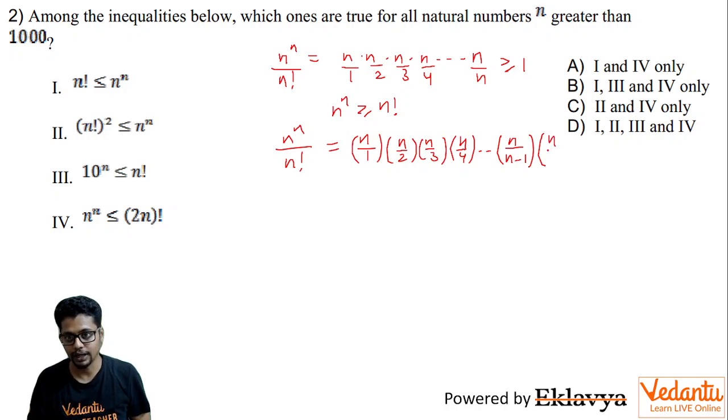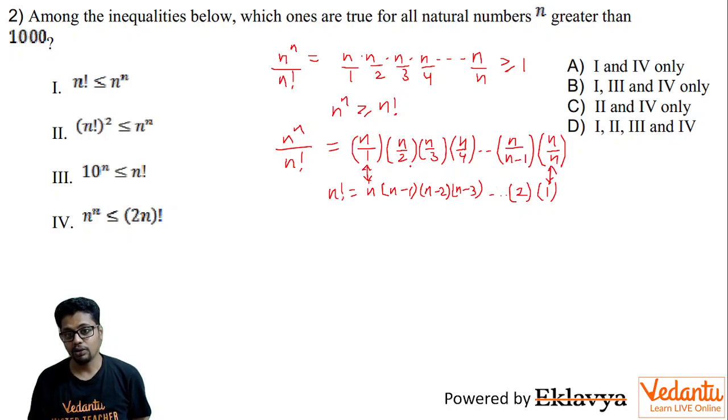If you see carefully, n factorial is essentially n multiplied by n minus 1 multiplied by n minus 2 multiplied by n minus 3, and so forth, multiplied by 3 multiplied by 2 multiplied by 1. So this factor matches, this factor matches, and most of the rest of the factors are clearly